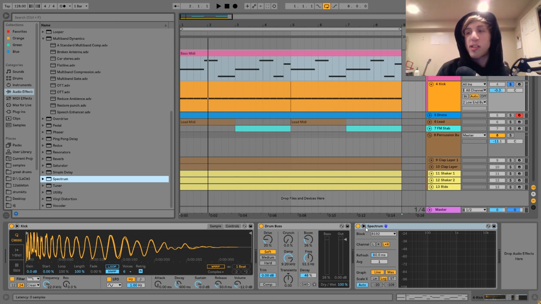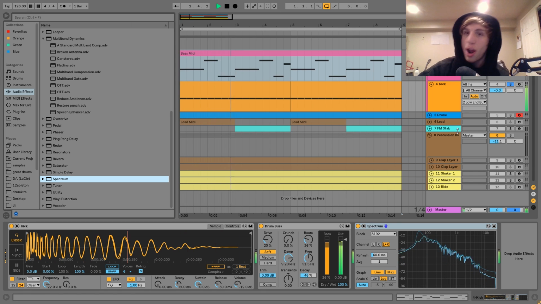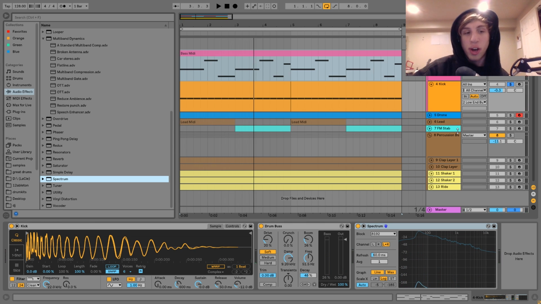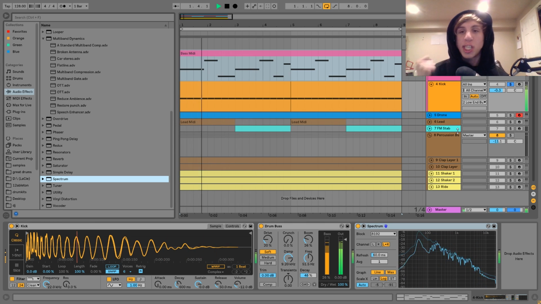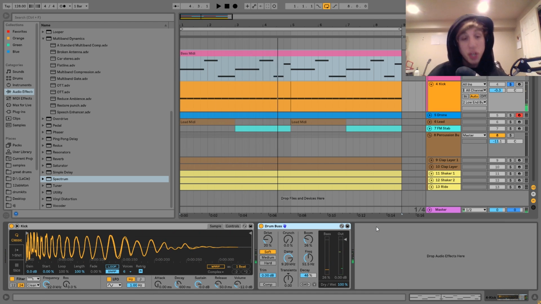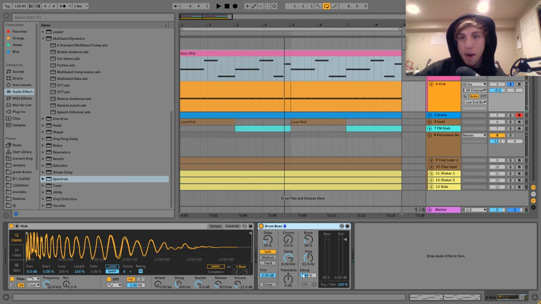kick. And even though this isn't a super big rumble sort of reverby kick or anything like that, or a warehouse type of kick or whatever you would call it, it still has that techno kick feel to it. Like I said, just deep, powerful, thick kind of energy. So you need to try to find a sample like this for the style, or you could use this one, which is available in the description. But yeah, so it's just the kick, and then I've got that going through a bit of Drum Bus. You can see here's without it, and then with it, we've got a bit of drive, a bit of boom,